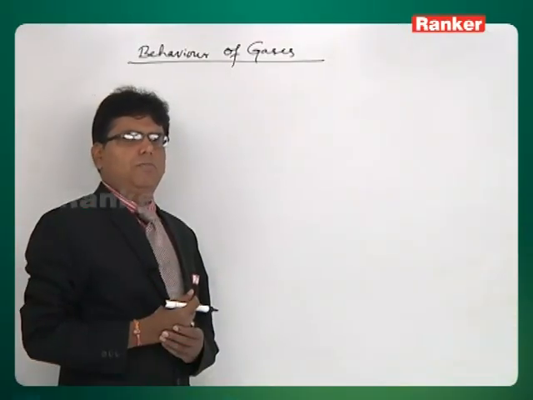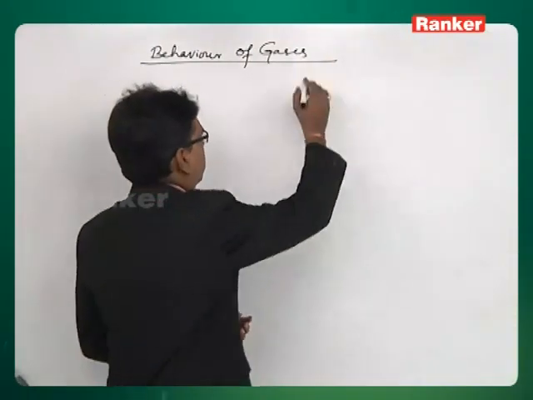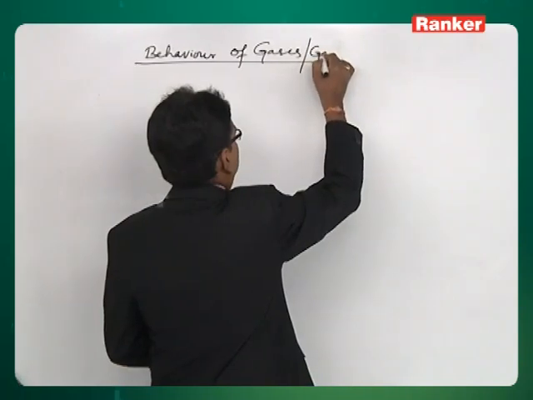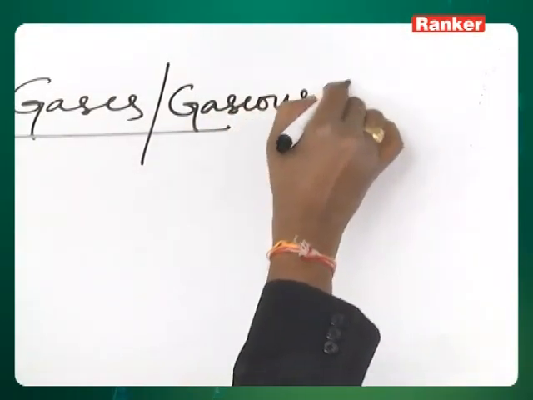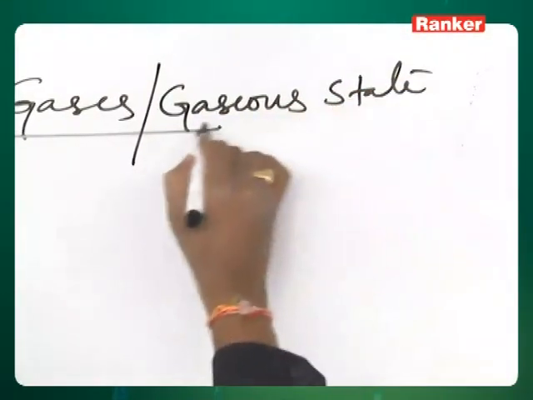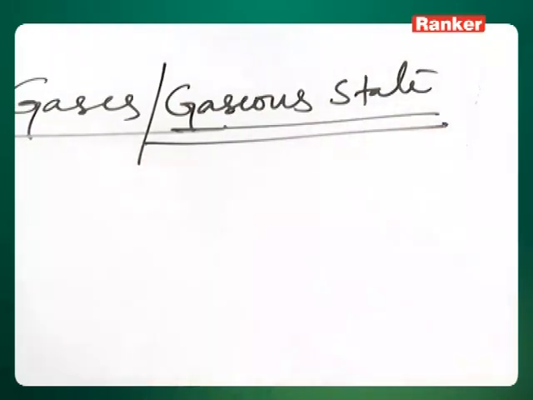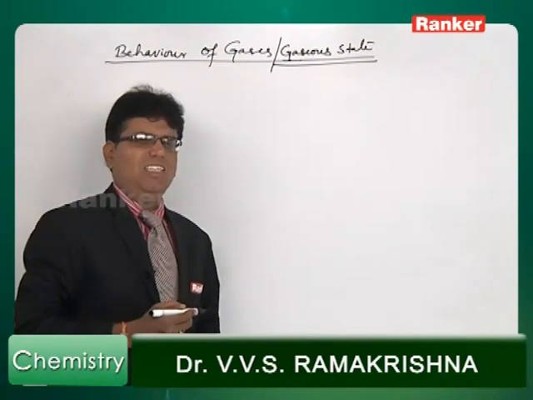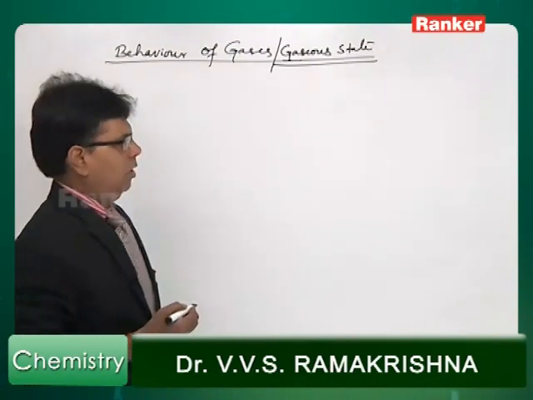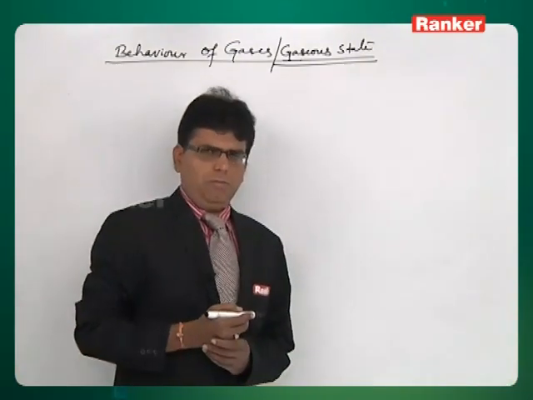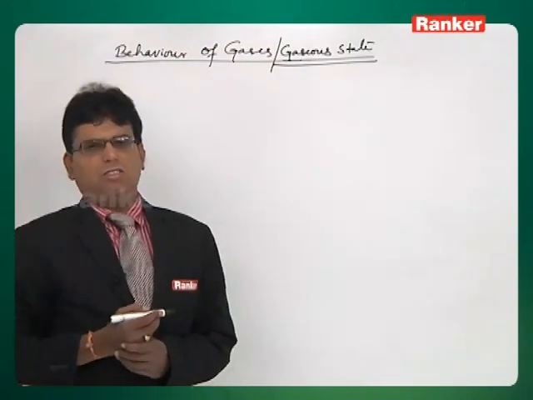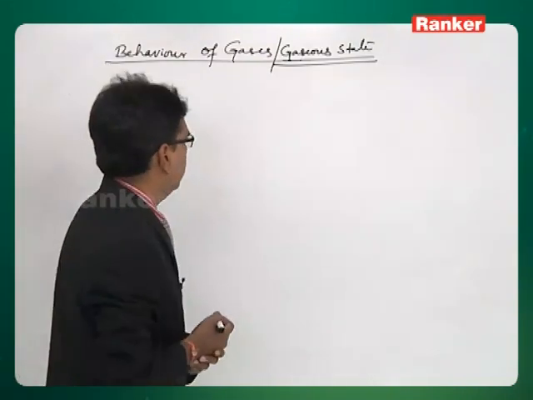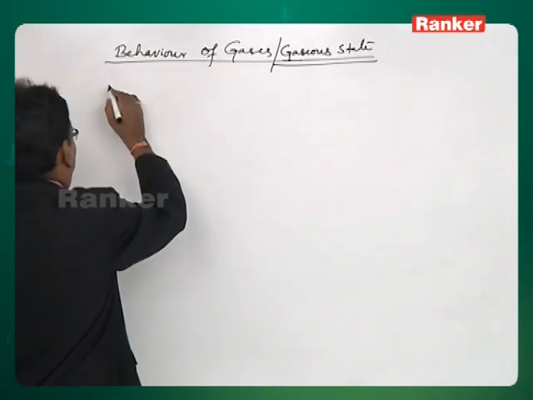Start with behavior of gases, or the same thing, gaseous state. The chapter name in many books will be given as either behavior of the gases or gaseous state. In this chapter, mainly what we discuss is, first of all, we start with the measurable properties of gases,